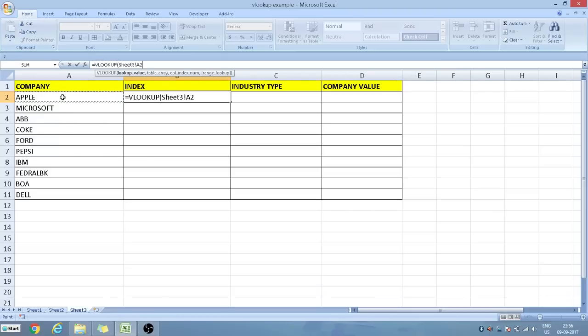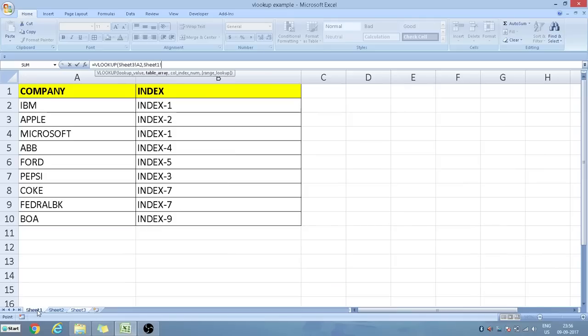Click on this and now give a comma. The comma is very important here before you go to any other sheet. Now you come here in sheet 1. You can see this part doesn't change here. Now you have to select from the company and the index column, all the rows.